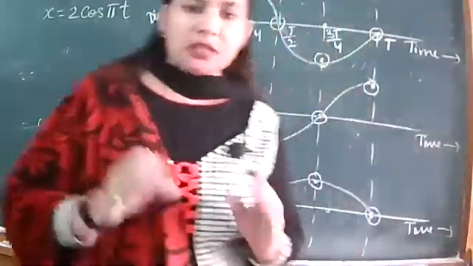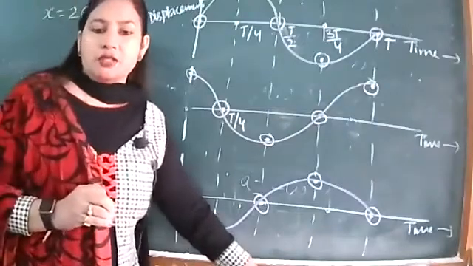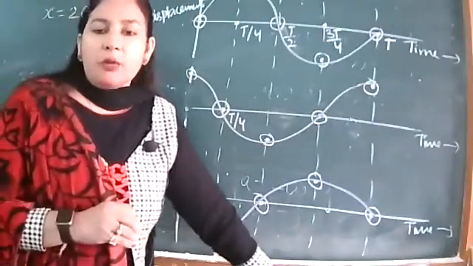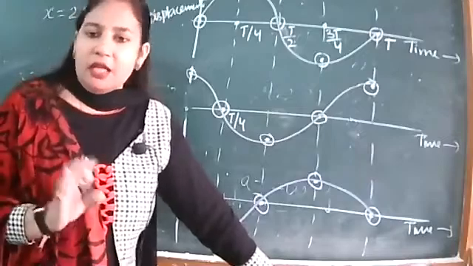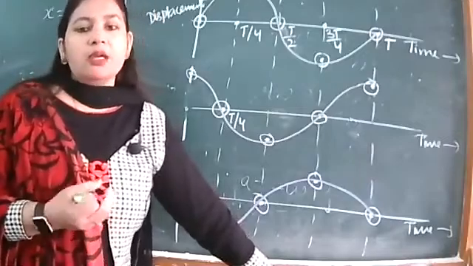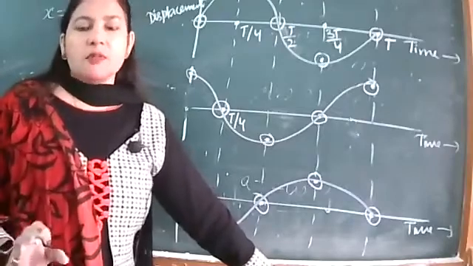देखो sin भी हो सकता है, cos भी हो सकता है, because sin and cos both are harmonic functions. ये आपको पता होगा कि ये दोनों harmonic functions होते हैं. tan नहीं हम यूज करते. साइन या कॉस की टर्म्स में आप अपनी इक्वेशन को एक्सप्रेस कर सकते हो. कभी साइन भी हो सकता है, कभी कॉस भी हो सकता है.